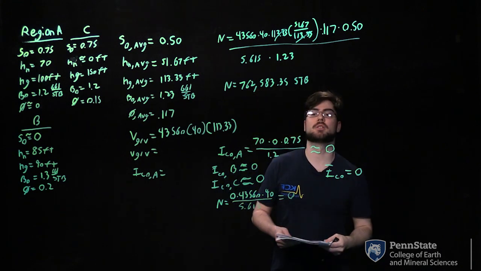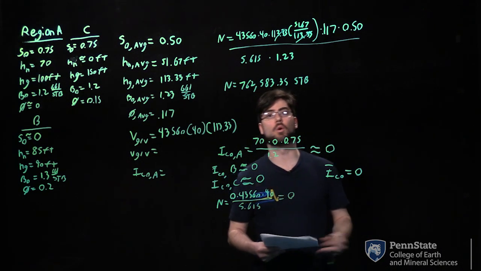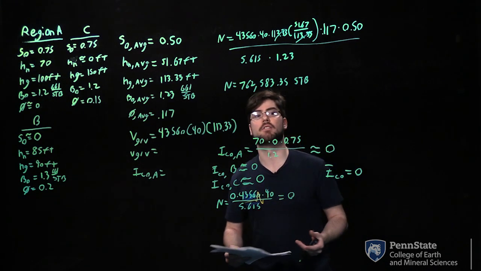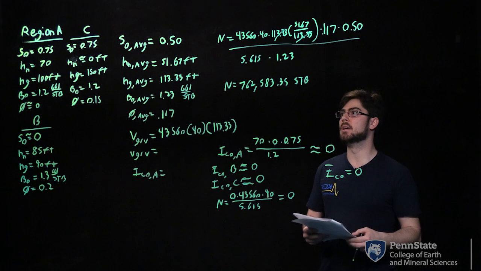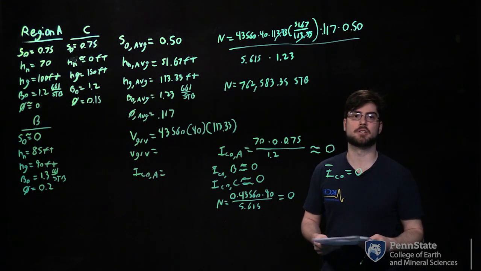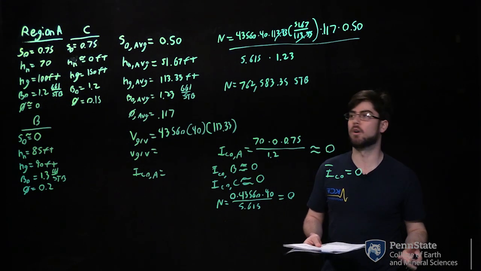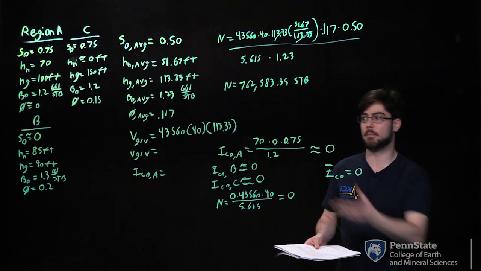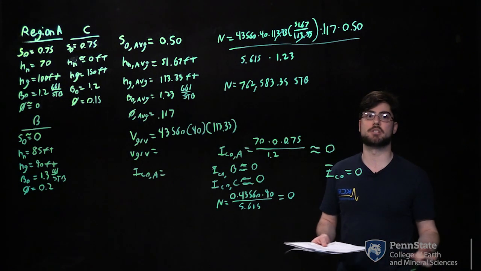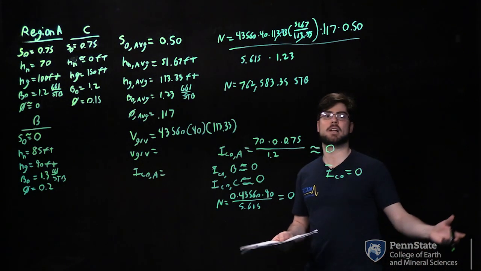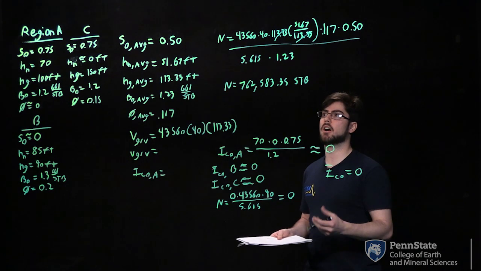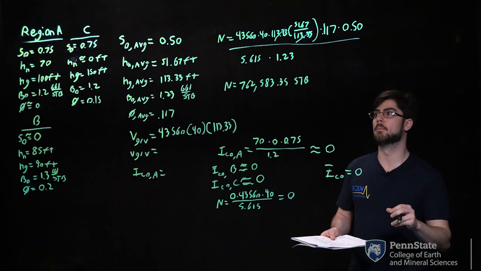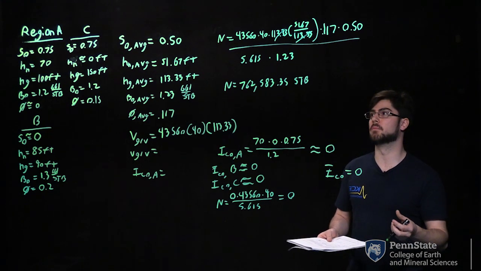And this makes sense too. This is what you should expect for your oil in your reservoir, because none of these regions have the capability of having any oil present. In region A, your porosity is approximately 0%, so there will be no room for any fluid volume at all. In region B, the oil saturation is approximately 0, so it may be all water. The porosity is 20%, so the water saturation may be 100%, or 99.99% and so on. In region C, our net pay zone is 0 feet, so there is no actual region where there's going to be any